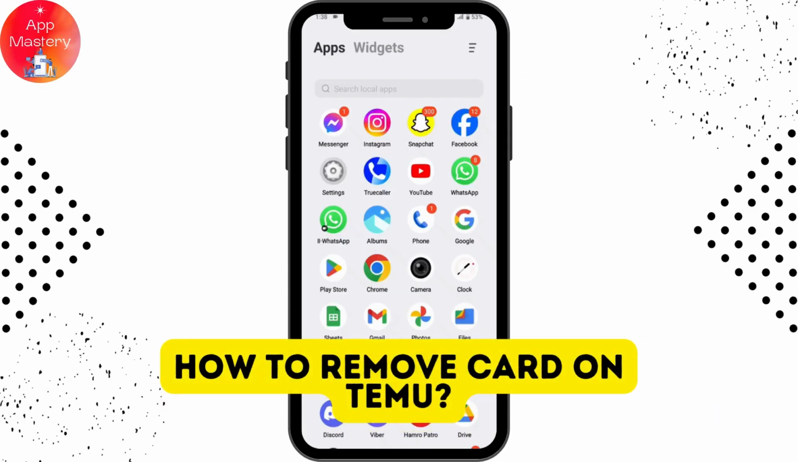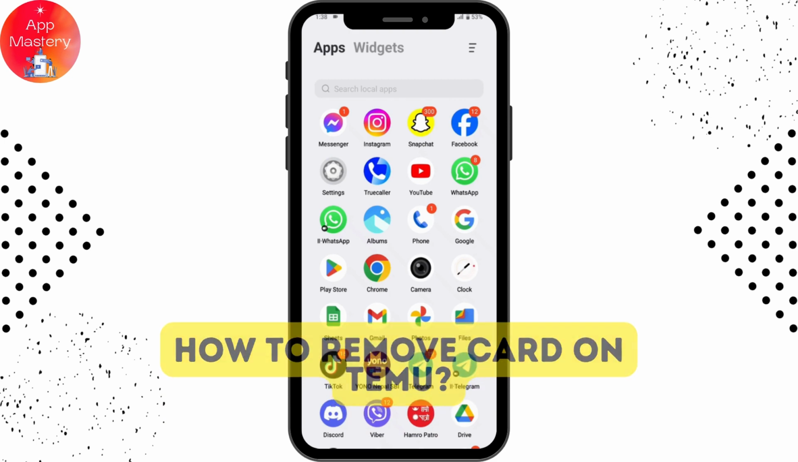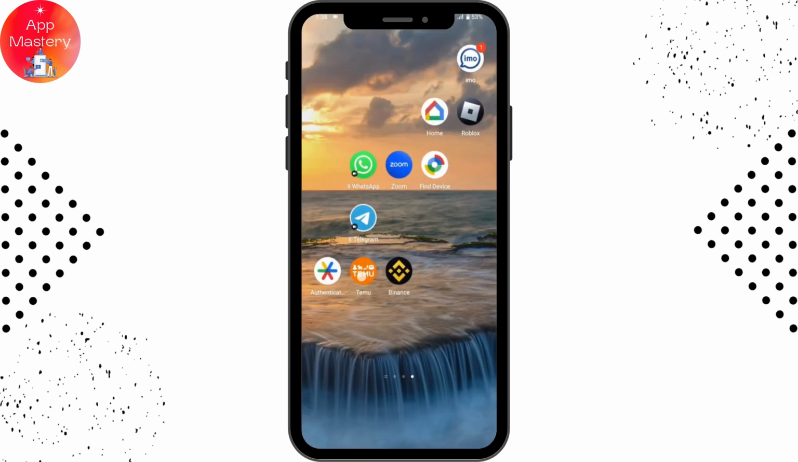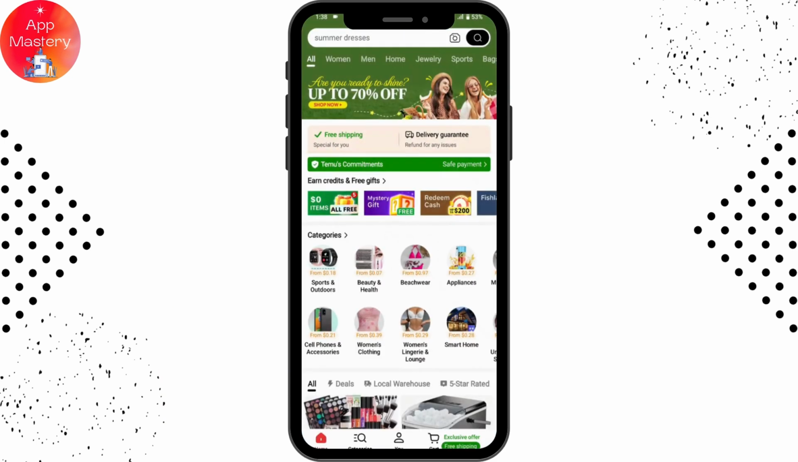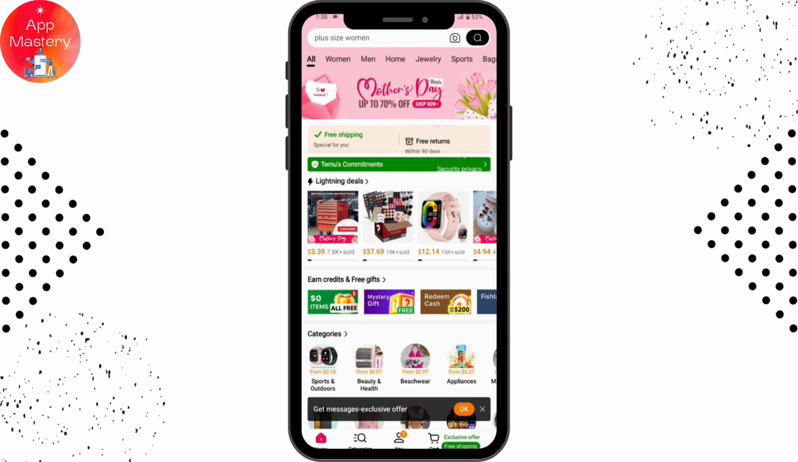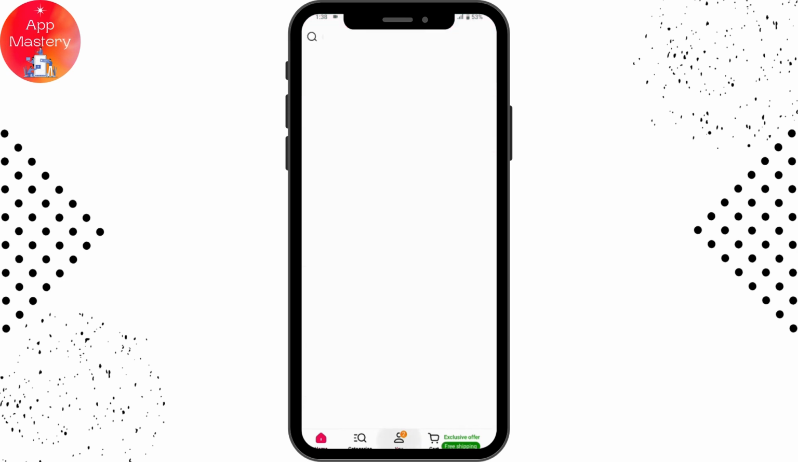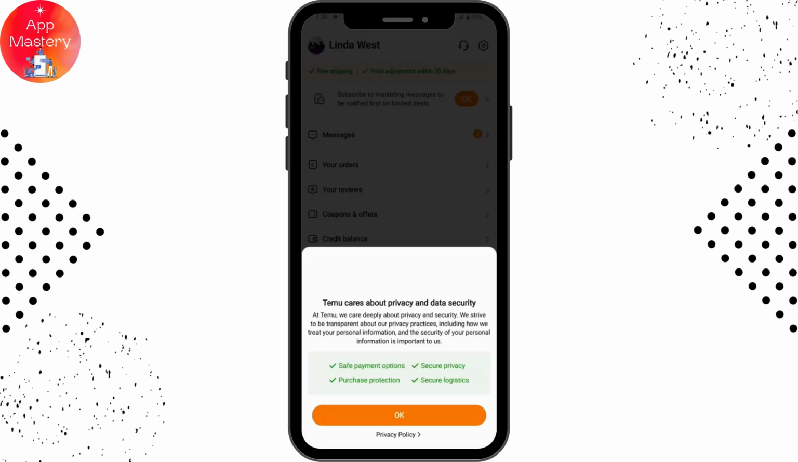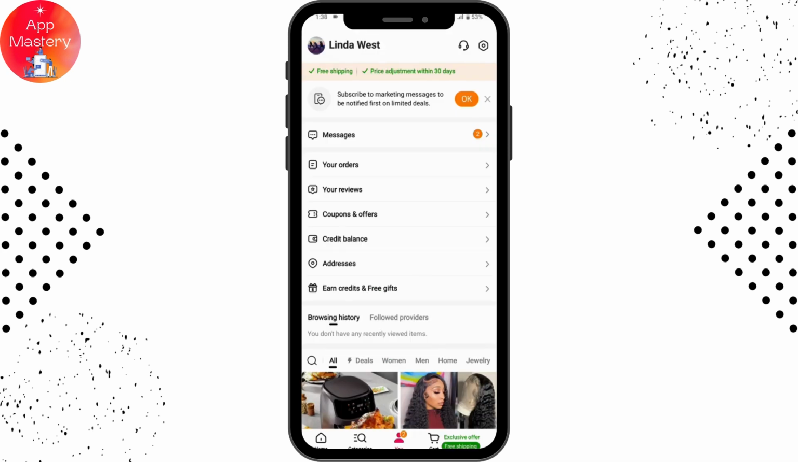How to remove card on Temu. So if you want to remove a card on Temu, then first you need to open up your Temu application. Make sure to log into your account on your Temu, and once you've logged in, now you can simply go for the bottom which has that U icon, tap on U, and then from here you can simply go for